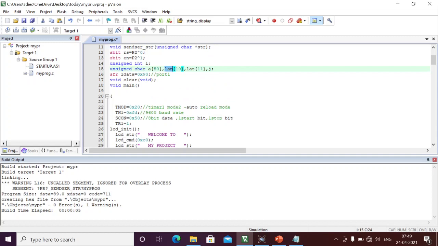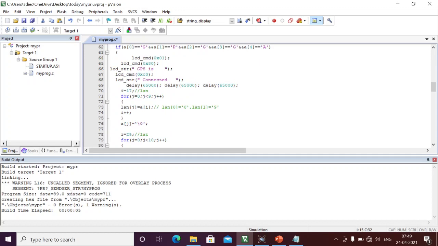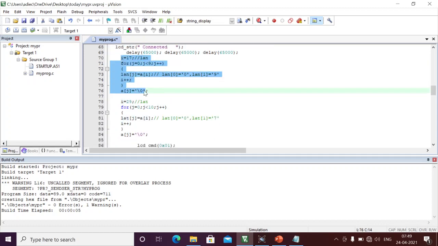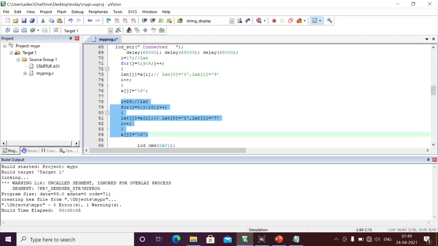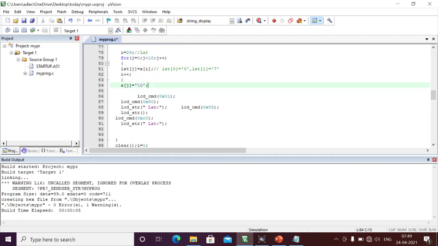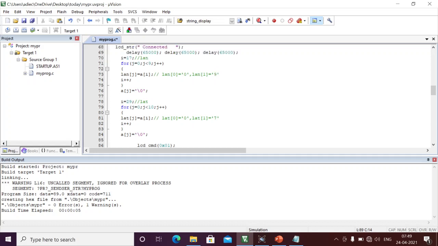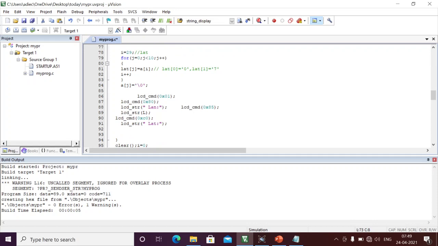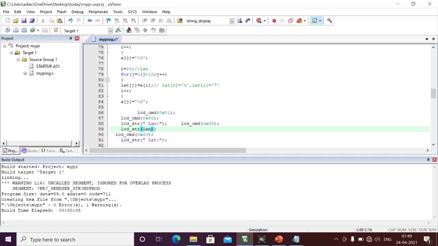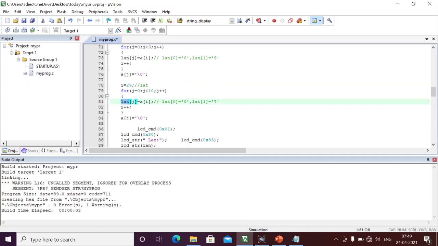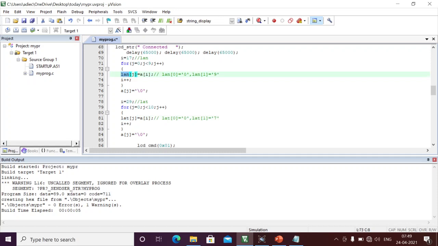If you see here, longitudinal is 10 bytes, and latitudinal is the 11 bytes we took. And here we just prepared for the longitudinal data. Similarly, latitudinal data we prepared. Here I should display the same. LAN, I should display. This is our first string. Similarly for the second string, we just prepared two strings. This is my latitudinal data. Here not array of 0, this is latitudinal of 0. I'm just filling with this latitudinal.